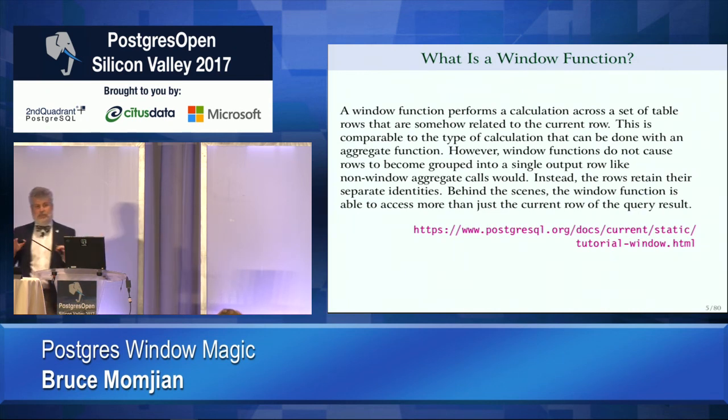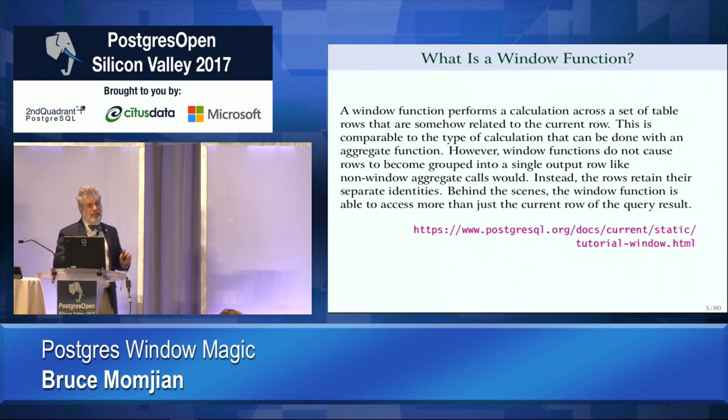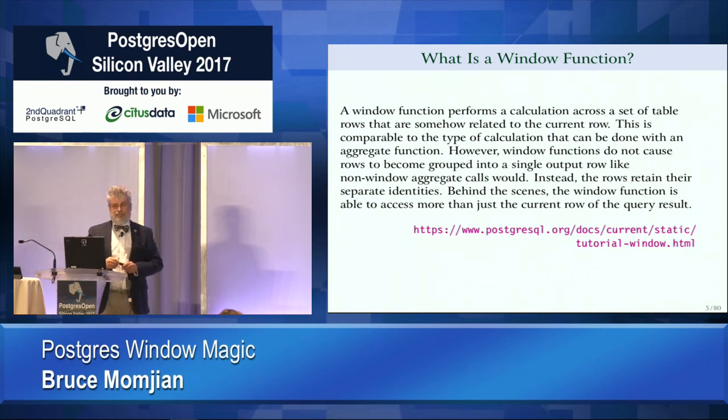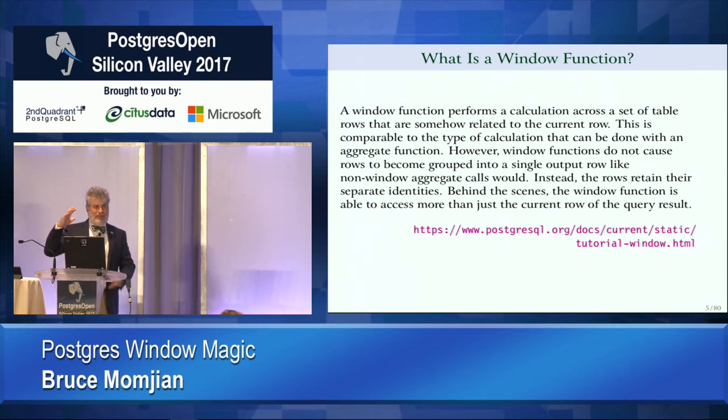The concept I want you to get out of this slide is basically that a window function is kind of like an aggregate in that it allows you to look at other rows that are part of your data set, but it does not aggregate those rows down to a single value. If you think of the way sum works, it takes a whole bunch of values and compresses them into a single row. What window functions allow you to do is take the sum of your whole data set, but you don't compress down to one row anymore. You still have all the rows there. I know it sounds like, what? But as we get farther, it's going to make sense.